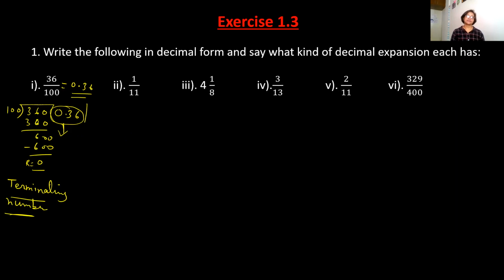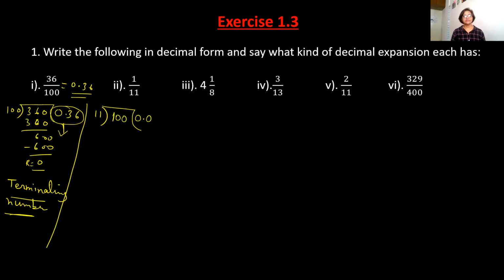So the next number is 1 upon 11. So you are dividing this 1 by 11. Again, the divisor is greater. So when the divisor is greater, you have to start after putting a decimal. So you put the decimal and you add 1 zero. You added 1 zero to 1, but still you cannot divide because the dividend is lesser than the divisor. So you will put one more zero in the quotient after the decimal and then you can add one more zero here.